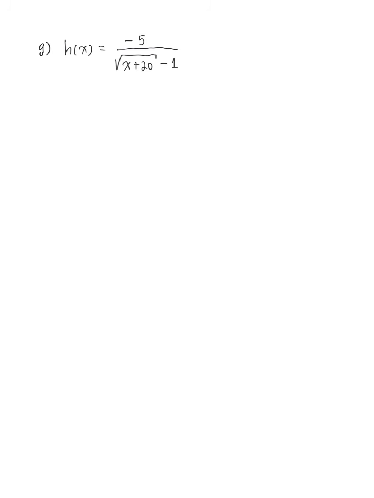So here, h of x equals negative 5 over square root of x plus 20, and then minus 1. Now, can you see how many restrictions we're going to get here? I say 2, because first you have a fraction going on, which means that the whole bottom cannot go to 0, right? However, you also have the square root. So the radicand must be greater than or equal to 0. So let's write that out. So the restrictions,